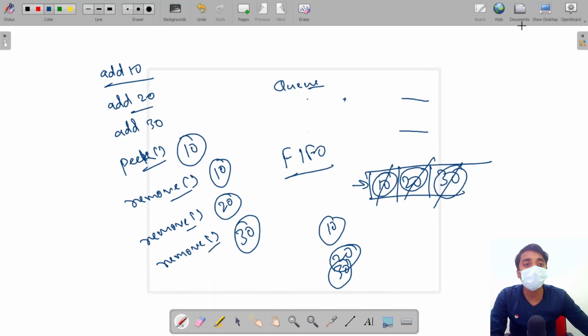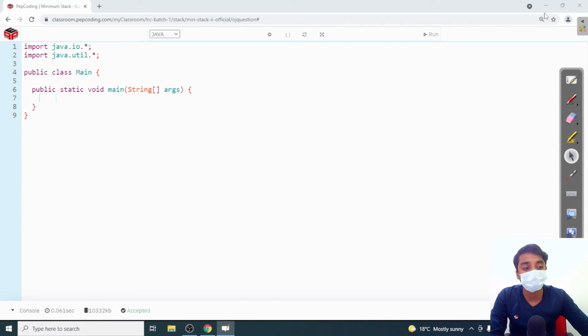So let us see the implementation of queue. For implementing it, the syntax of queue is like this: Queue of Integer, queue name is equal to new ArrayDeque. Now let us add some values. queue.add(10).